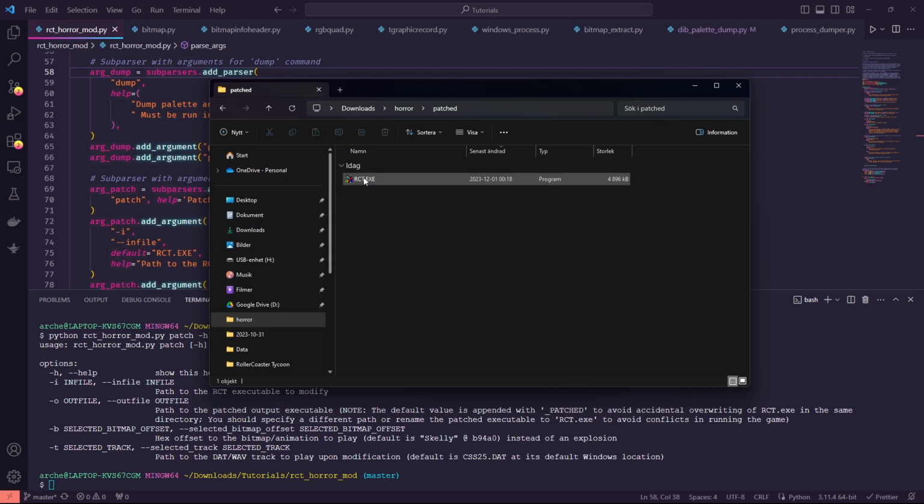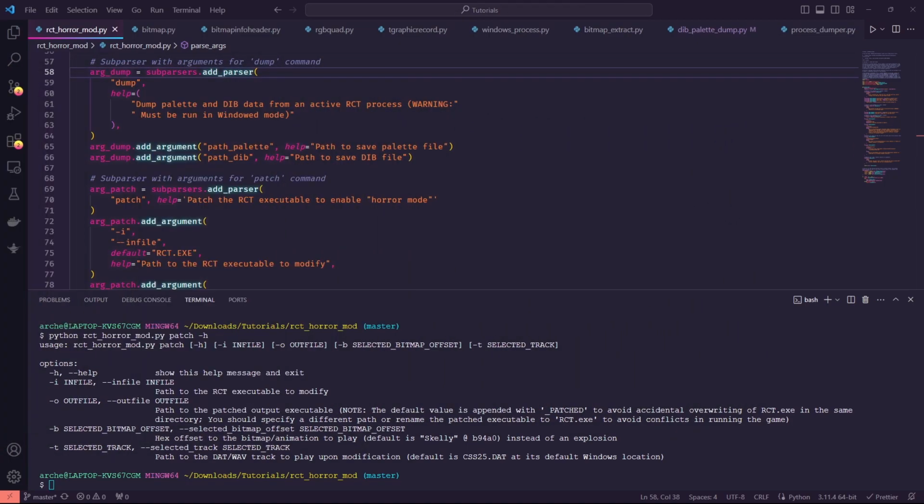All I know is that you probably don't want to leave your output or your patch program named something other than rct.exe, because you might run into little issues like that. All right, with that said, the only other two arguments here are just if you want to replace the default offset we use for the bitmap for the explosion animation. So we use the skelly, as I lovingly call it in our first part, that skull animation